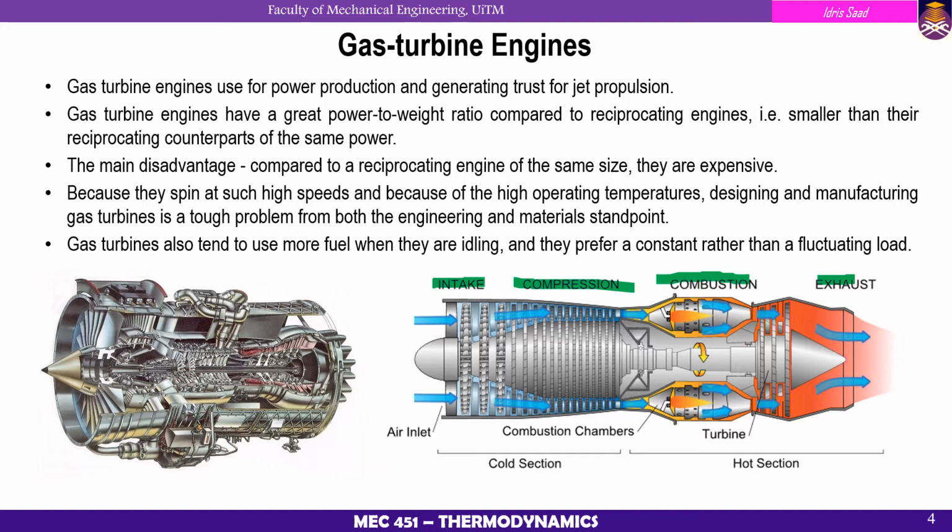For this gas turbine engine, the sequence of the power cycle is arranged in line, or in another word, one by one. That means different components are used to perform the different processes of the power cycle. For the intake process, the gas turbine engine only uses the opening of it. For the compression process, the compressor is used.